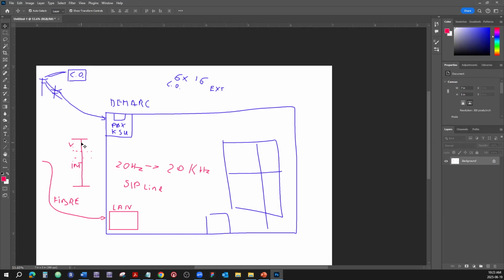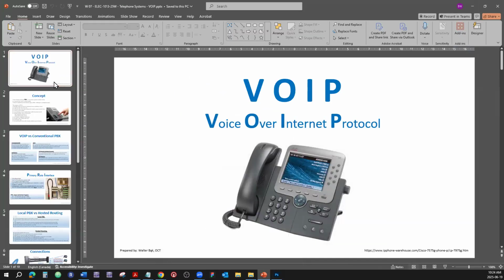So if you want to have more lines with the CO lines, you need to run and physically connect more telephone lines. With VoIP, you just increase the bandwidth and you just pay more for more lines. That's one of the benefits: you're using something you already have connected from your internet provider, and part of the internet that is provided to you you're designating for telephone conversations by purchasing SIP lines, session initiation protocol lines. All right. So that's one thing that is different.